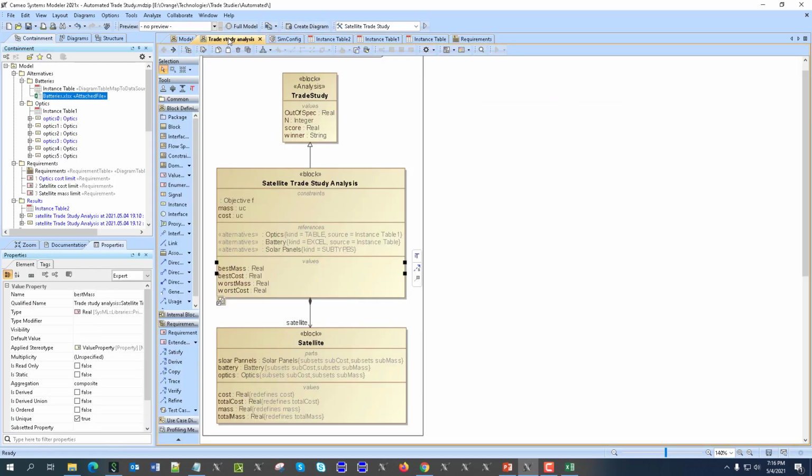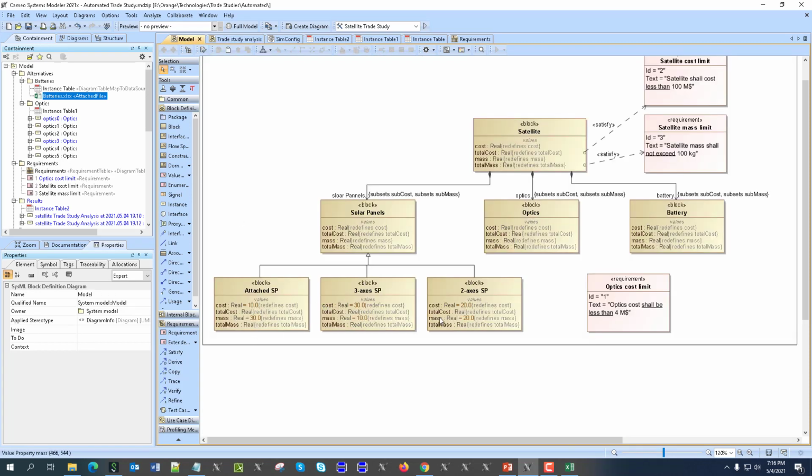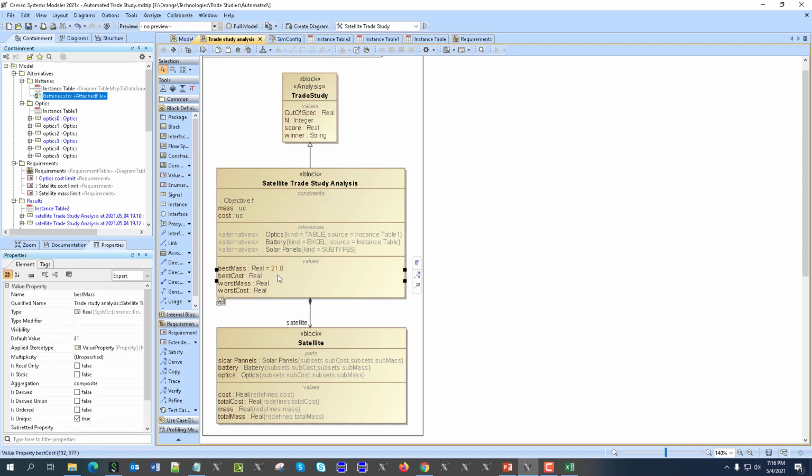So that's the best mass, equal 21, right? What would be the best cost? So again, 10 from here, best cost is 10, then 1 and 21. Again, the same situation, because we used simple values. Equal 21,